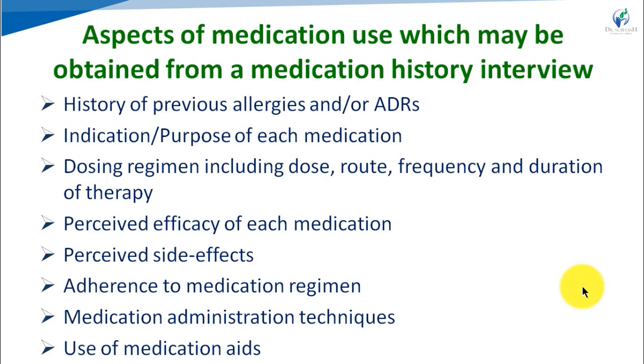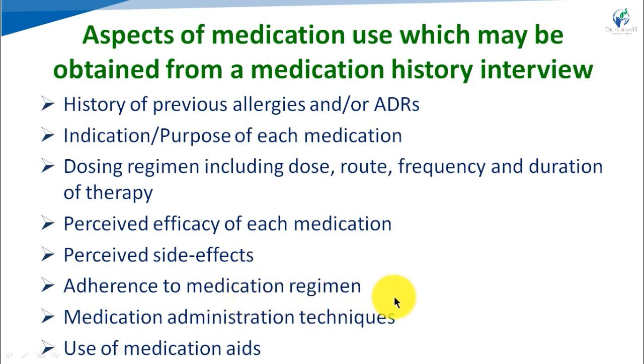So the first thing, we can have the history of previous allergies and any adverse drug reaction, indication, purpose of each medication, then dosing regimen including dose, what was the route, what was the frequency of the drug, and what was the duration of the therapy, then perceived efficacy of each medication and also the perceived side effects,